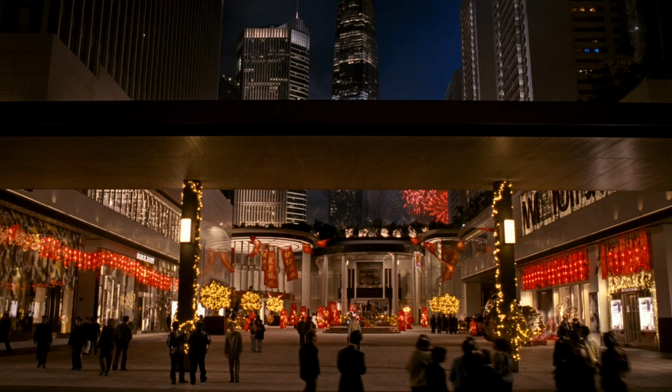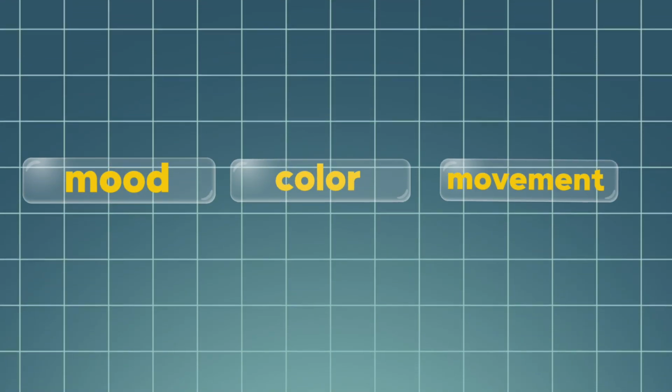The location is not just a background. It controls the mood, the color, the movement, and the overall feeling of the video. Now I need the key prop for the story, the ceremonial jade seal. Since this scene takes place during a Chinese New Year festival, I want the prop to match the setting. So the jade seal should feel traditional, valuable, and easy to recognize, placed inside a red silk box that fits